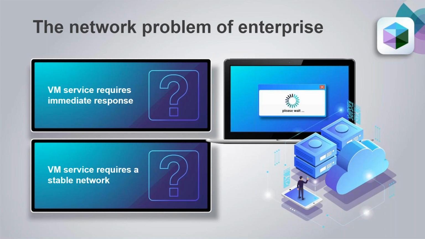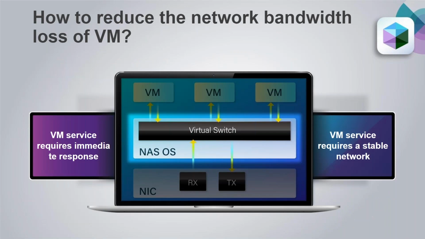When using virtualization on any hypervisor, this is due to multiple layers between the OS and the actual hardware. You have a NIC card on the QNAP NAS, and you have to go through the virtual switch and the NAS operating system before it reaches the VMs on the hypervisor, and that will increase the response time as well as decrease the stability. You have packet losses, network losses. If the NAS operating system or the virtual switch is having a problem, you may just completely lose the networking